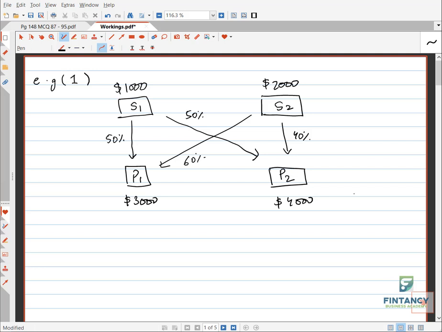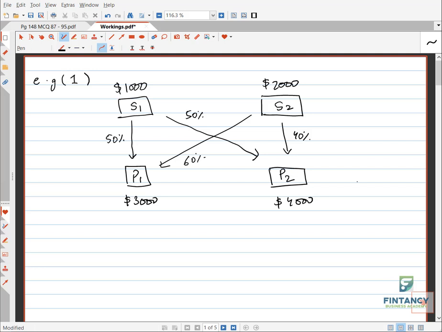Always remember, we don't allocate overheads from production to service. Never. We always allocate overheads from service to production, because that is our objective. If we allocate from production to service, this is opposite and not the correct treatment. What is my final objective? I need to calculate the product cost, and the product is in which department? The production department, right? So we have to bring service cost to production, not vice versa.